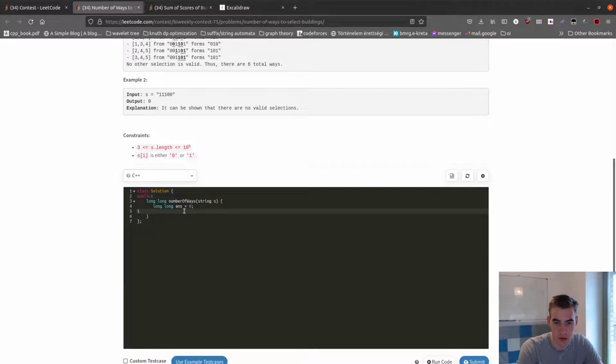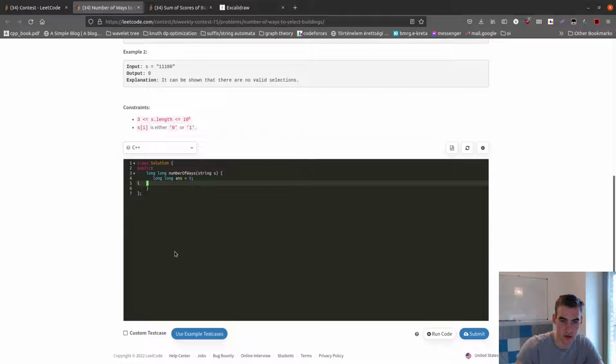Okay, I guess the... Why can't I delete there? Okay. I have long count0 equals 0, count1 equals 0, count01 equals 0, and count10 equals 0. And then what I do is I also need something like int n equals s.size. And then what I can do is for int i equals 0,